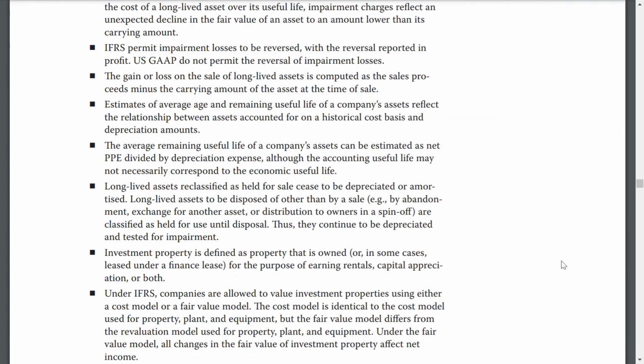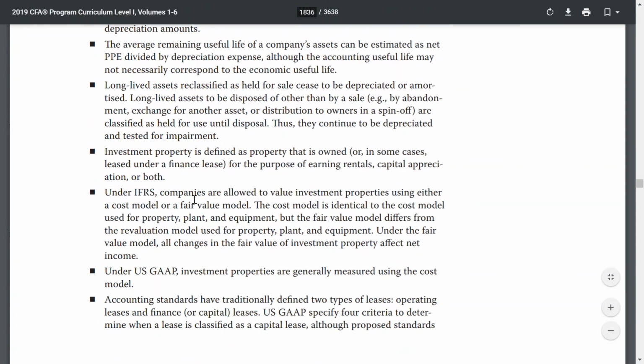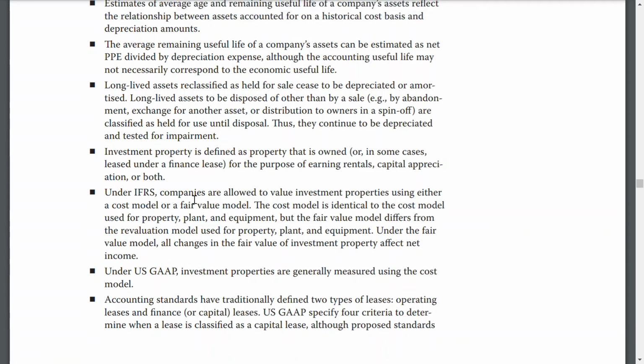The gain or loss on sales of long-lived assets is computed as the sale proceeds minus the carrying amount of the asset at the time of sale. Estimates of the average age and remaining useful life of a company's assets reflect the relationship between the assets accounted for on a historical cost basis and depreciation amounts. The average remaining useful life of a company's assets can be estimated as net PP&E divided by depreciation expense,